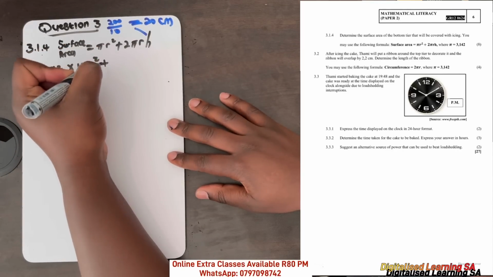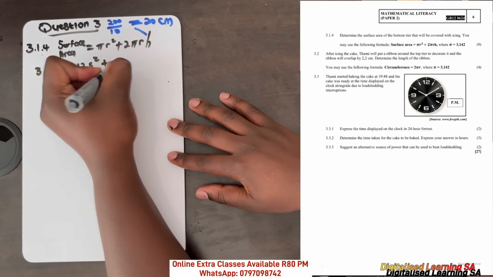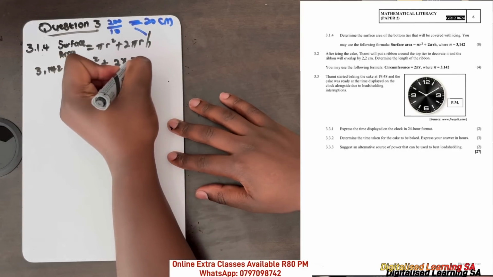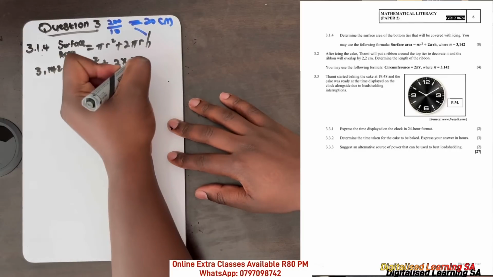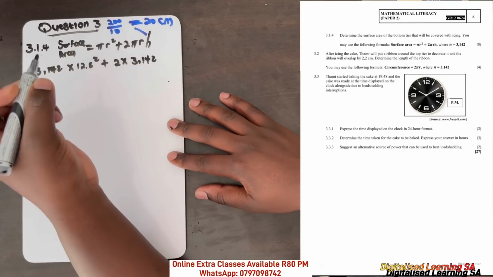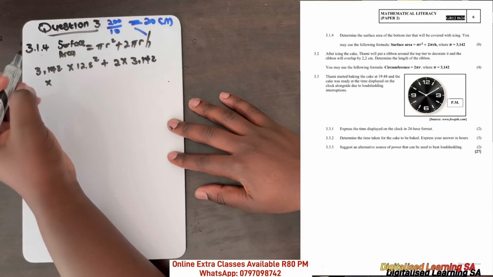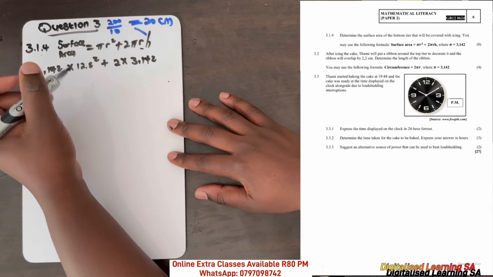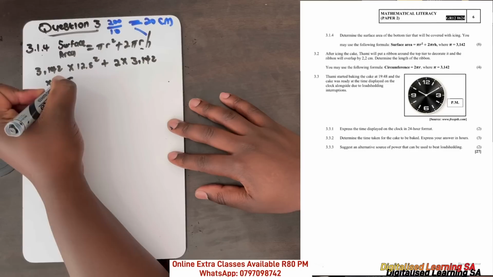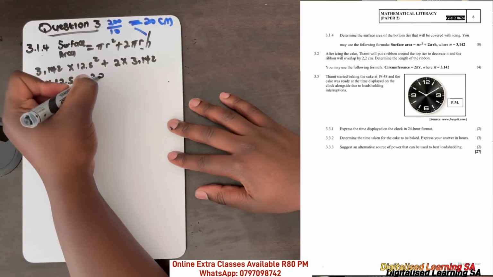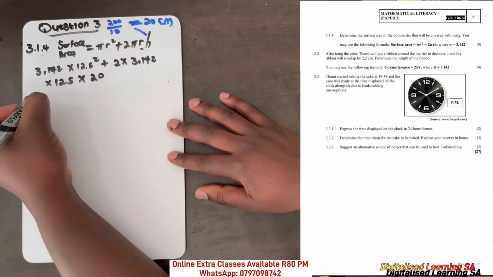So we'll say plus 2 multiplied by our pi, which is 3.142, and then multiplied by our r, which is 12.5, and then multiplied by our height, which is 20. And then our surface area will be,